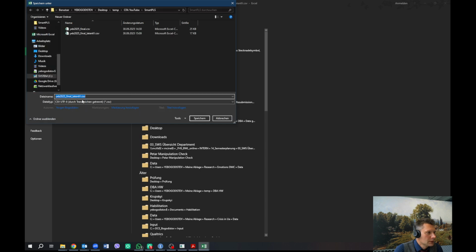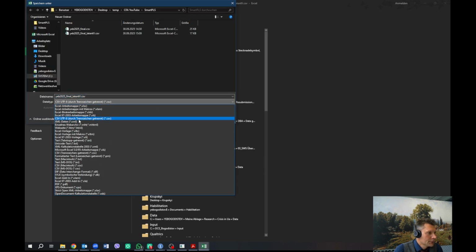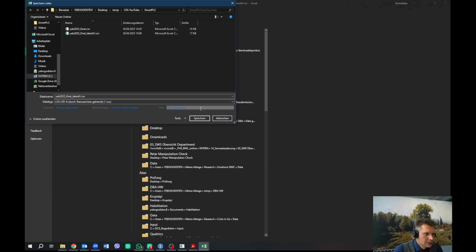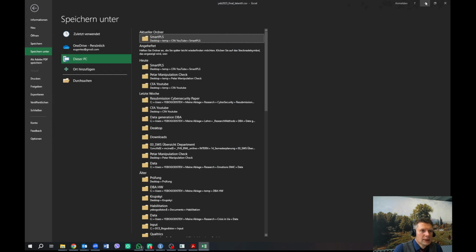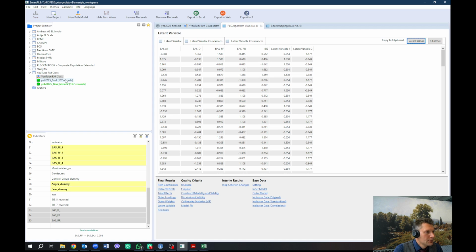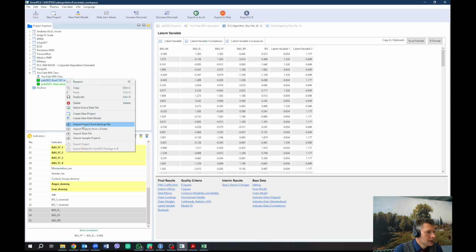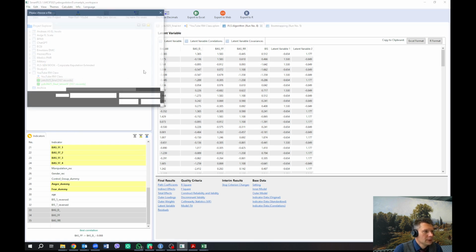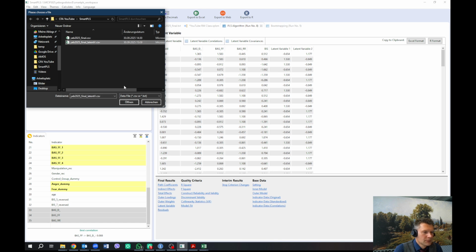I call the file latent v, and here you have several CSV files. You need the one with UTF-8, the standard one, because you have also Macintosh and MS-DOS and so on. So you need the first one. You save it as I did here. Then you go to SmartPLS and you add here import data file, and you select this file here. I already did it while I was thinking that I was recording a video and it was a full stop, so